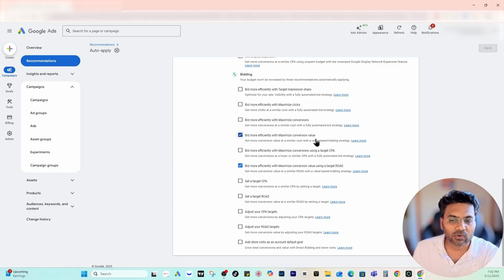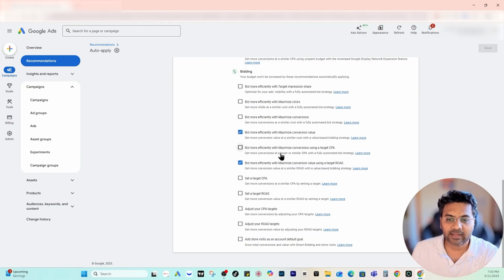Yes, I allow Google up to some extent and I keep an eye on it. And if I do see some negative outcome, then I untick that one as well. But for now, I will keep it as it is. Bid more efficiently with maximize conversions using target cost per action. And I would say no. Bid more efficiently with maximize conversion value using target ROAS. I would say yes. So only 2 things, conversion value and target ROAS, I would allow Google to bid